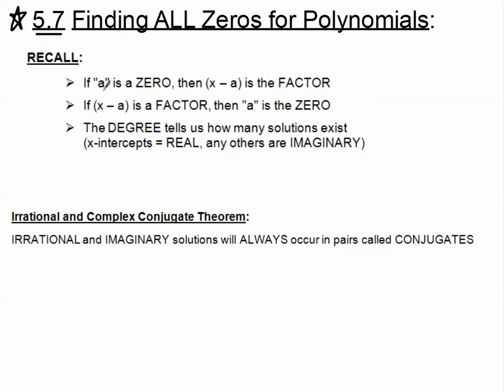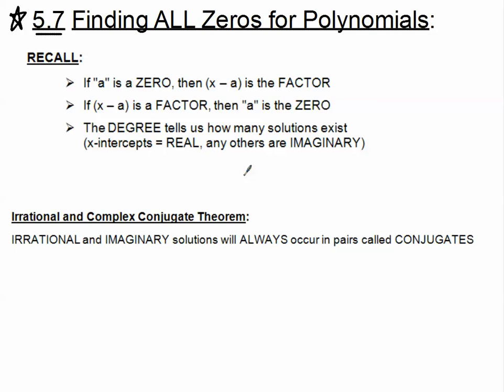If some number a is a zero, then x minus a is its factor. And backwards, if x minus a is a factor, then a is the zero. So remember the difference between what a zero is, that's just the number, and what the factor is, that is x minus that number. And thirdly, the degree will tell us how many solutions exist. If we have any x-intercepts, those represent all of our real solutions. If we have any more, then those must be imaginary zeros, and we'll be able to find all of them